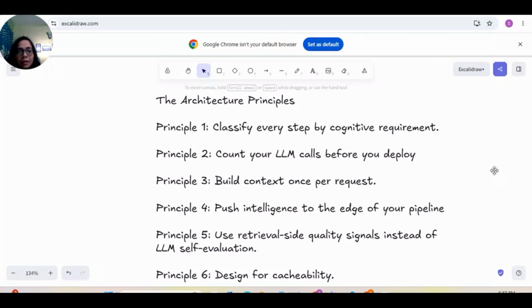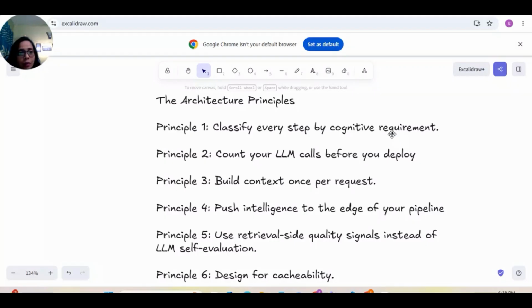Let's summarize and synthesize all these principles we discussed till now. So the first one is principle 1: classify every step by cognitive requirements. That means